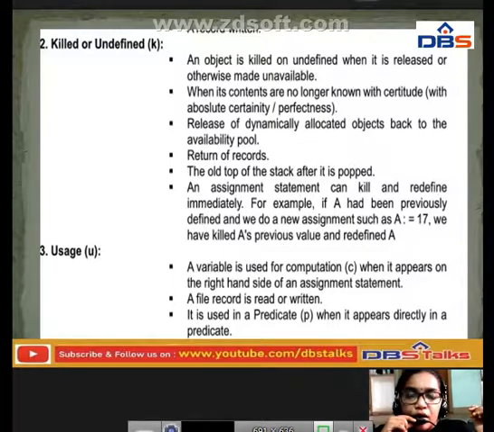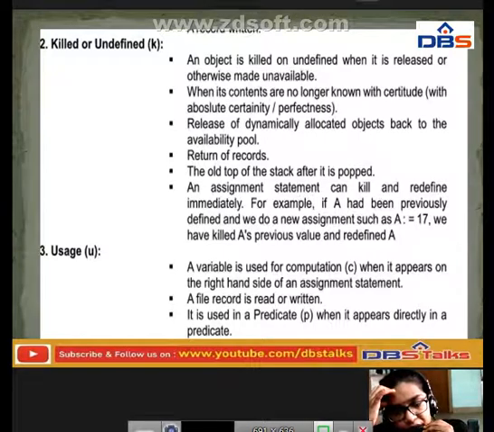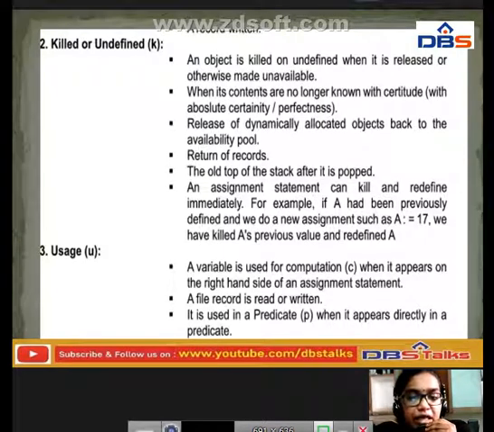Next, the assignment statement also will kill and redefine immediately. For example, if a had been previously defined, suppose we have done an assignment such as a = 17, we have killed the previous value. That is, if we previously assigned a the value 10 and again assigned a the value 17, automatically 10 will be overwritten by 17.